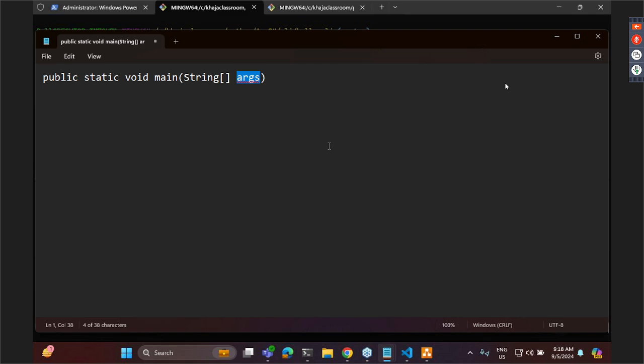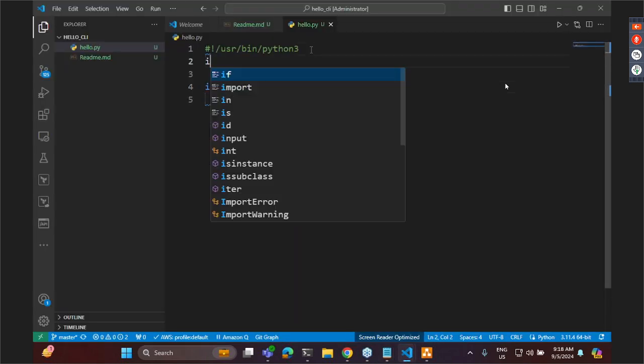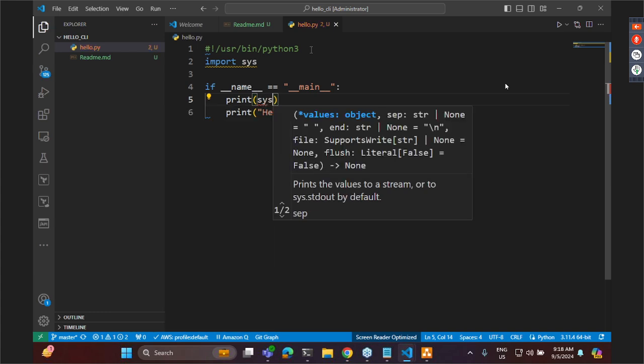There is a standard library called as sys. And in standard library, we have a module called as sys. Okay. Now, what is trying to tell us, if you want to get arguments in Python, what you need to do is you need to import something called as sys. Okay. Now, let me just print sys dot